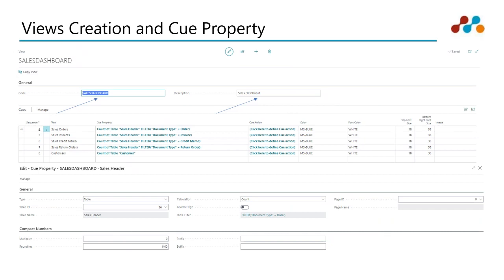Then there is another aspect of this in the queue property. If you drill down in the queue property, you'll find the queue property has a few more parameters to it, like what behavior that particular queue would have when it is clicked by a user on the dashboard. So here we select the table, we then select the table ID,